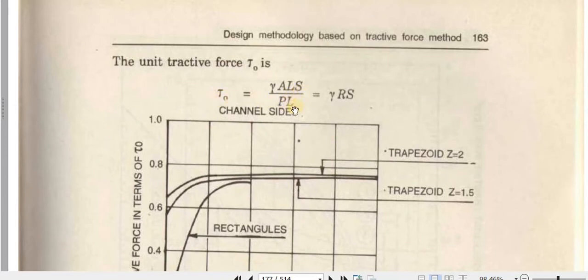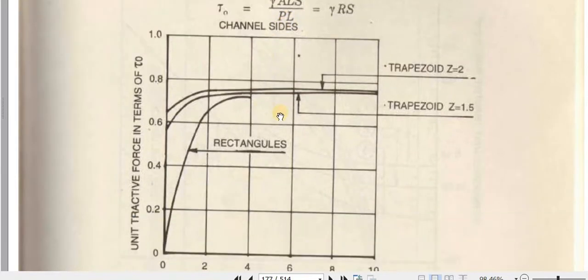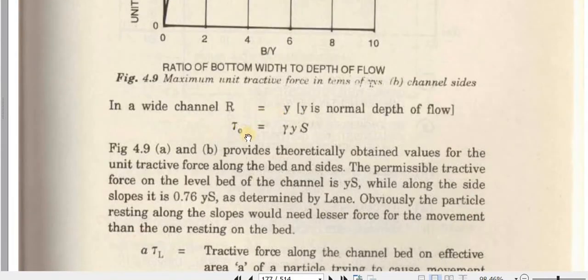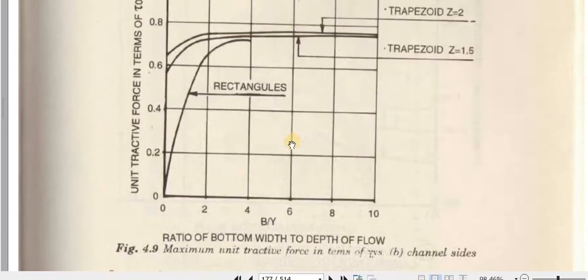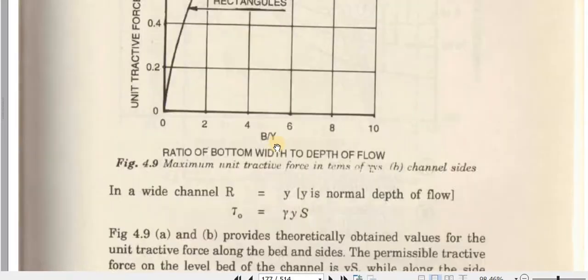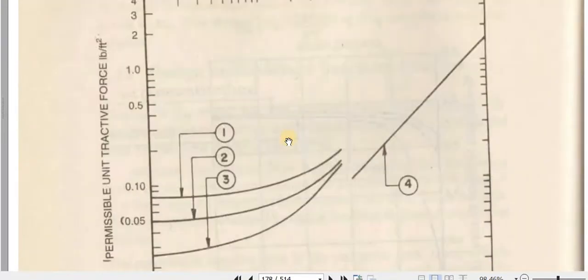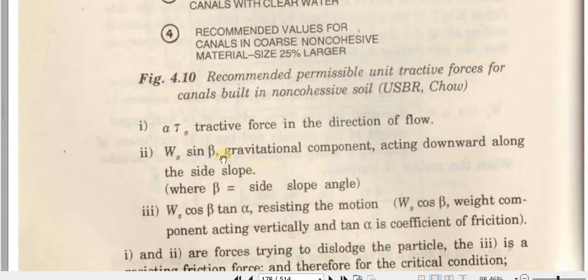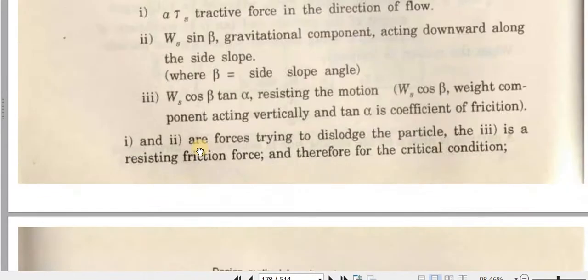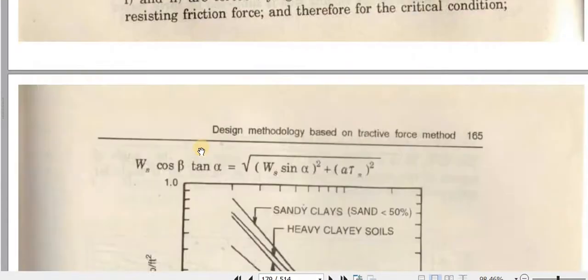ALS over P into L. Now P is the wetted perimeter, L is the length, and another equation is equal to gamma YS. So this results in gamma YS, and we will use this graph in our numerical, and there are other parameters like